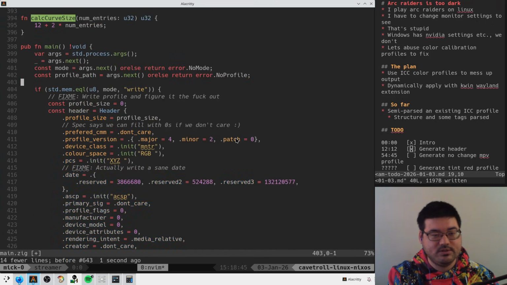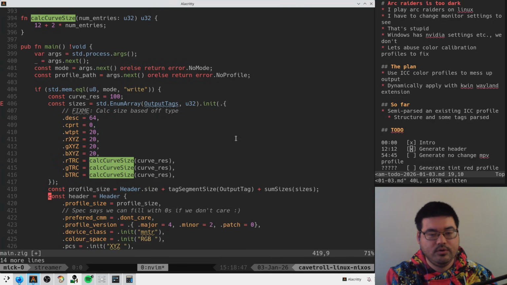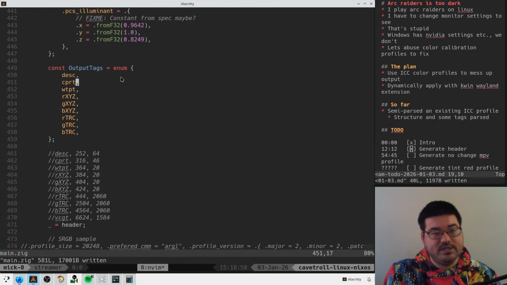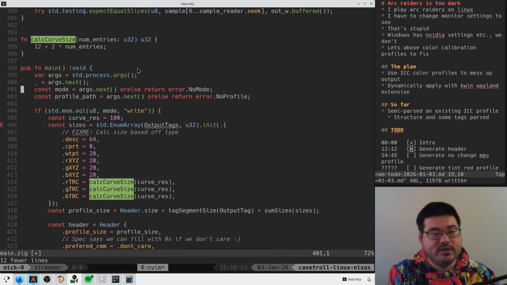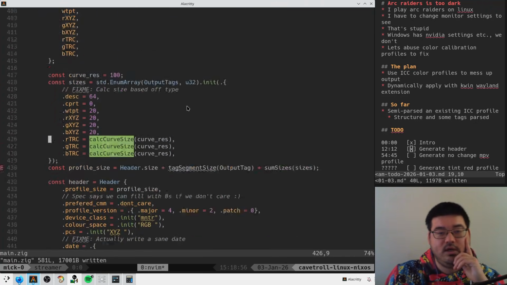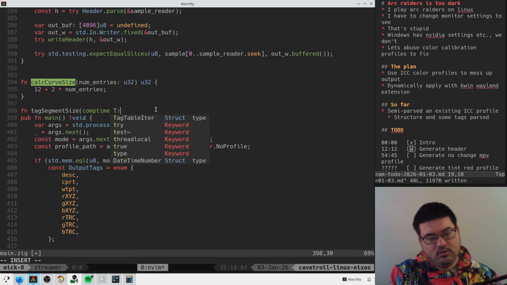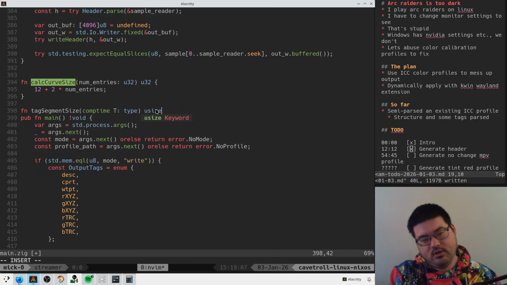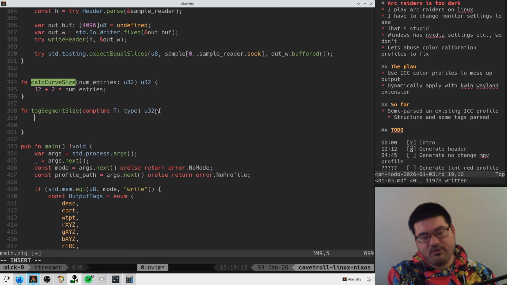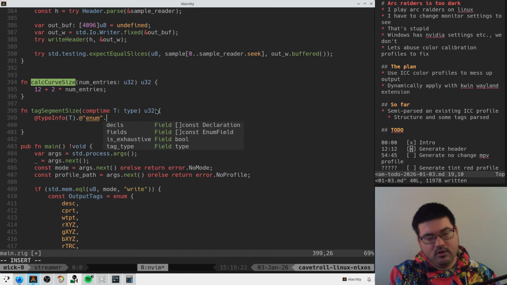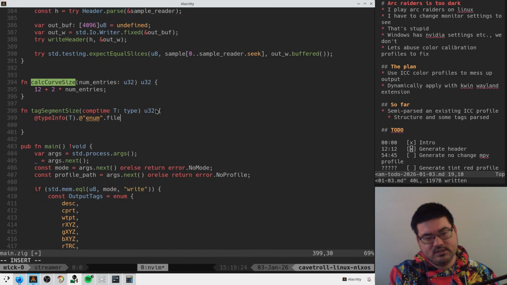But maybe this stuff goes up here somewhere. I don't know yet. We'll see. Okay. I guess output tags also has to be defined here before this. Boom. And so in here, we just need to define tag segment size. So this is based off some type. And I guess this is the number of elements, like type info of t is expecting an enum, and we're looking for the number of fields